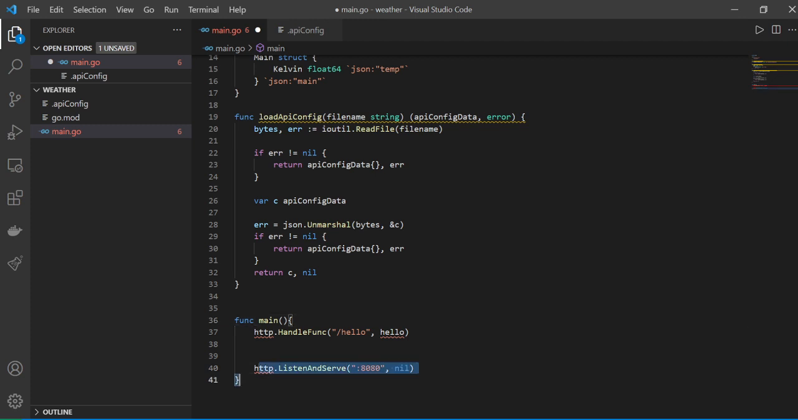And so now we have started the server, right? This line basically starts the server on port 8080. And now we have this function that will handle a /hello route for us. And another function I'll create that will handle